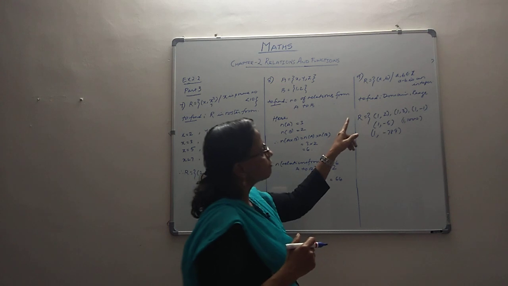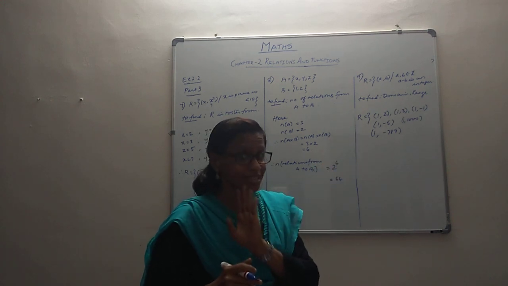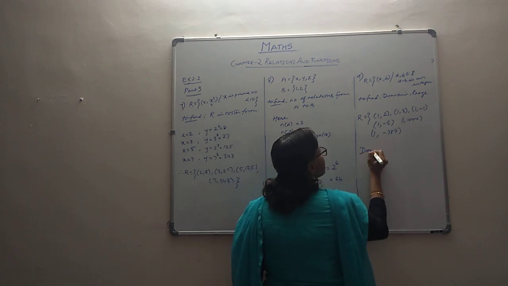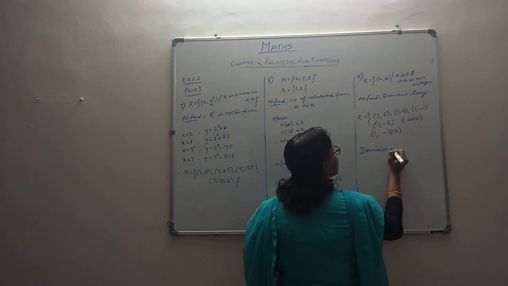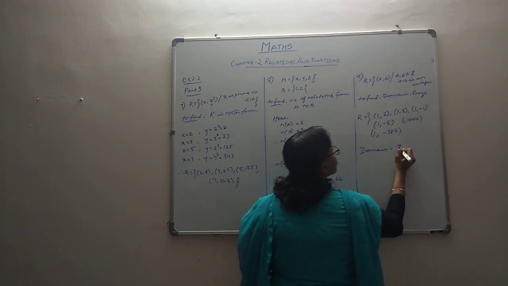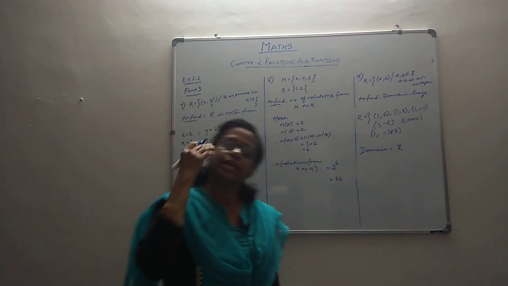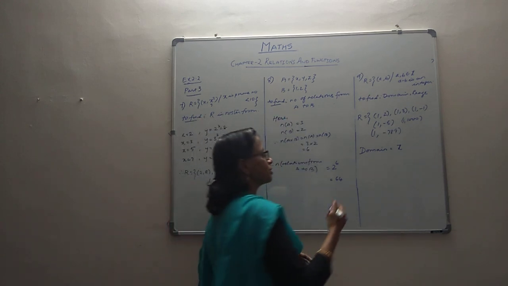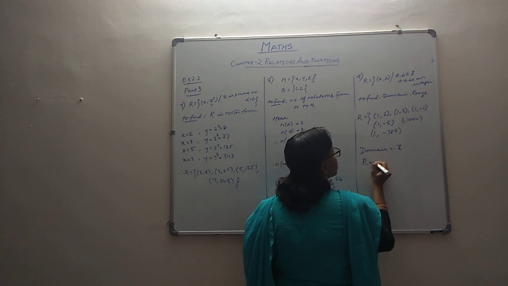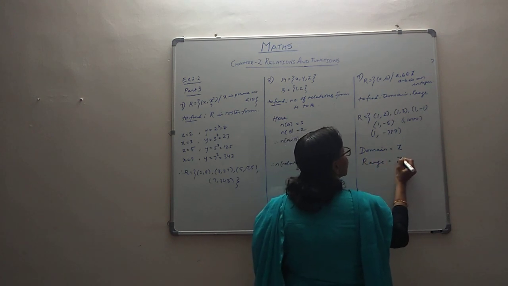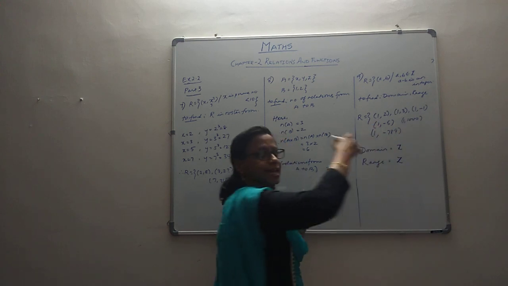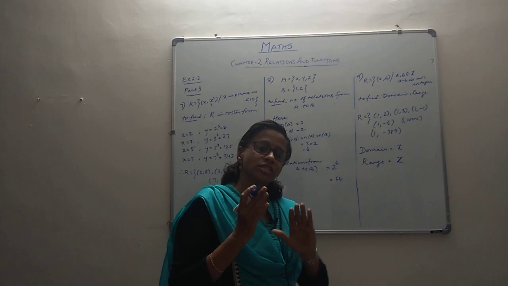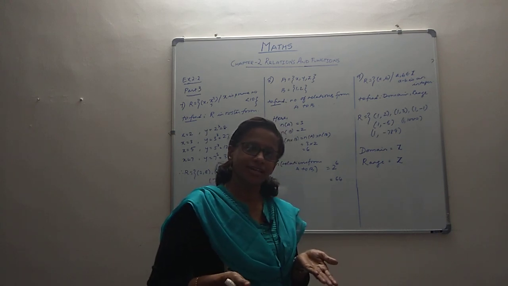And what do they say? Find the domain and range. Intelligently, they have not asked us to list it, but they have asked us the domain and range. So that's easy to say. Domain can be any integer. You take any integer, it can be there in the domain, because you can always find some element to which it will be related. And the range is also going to be an integer, because you can take any integer as a second element. When you take the difference with the first integer, you will definitely get an integer as an answer.